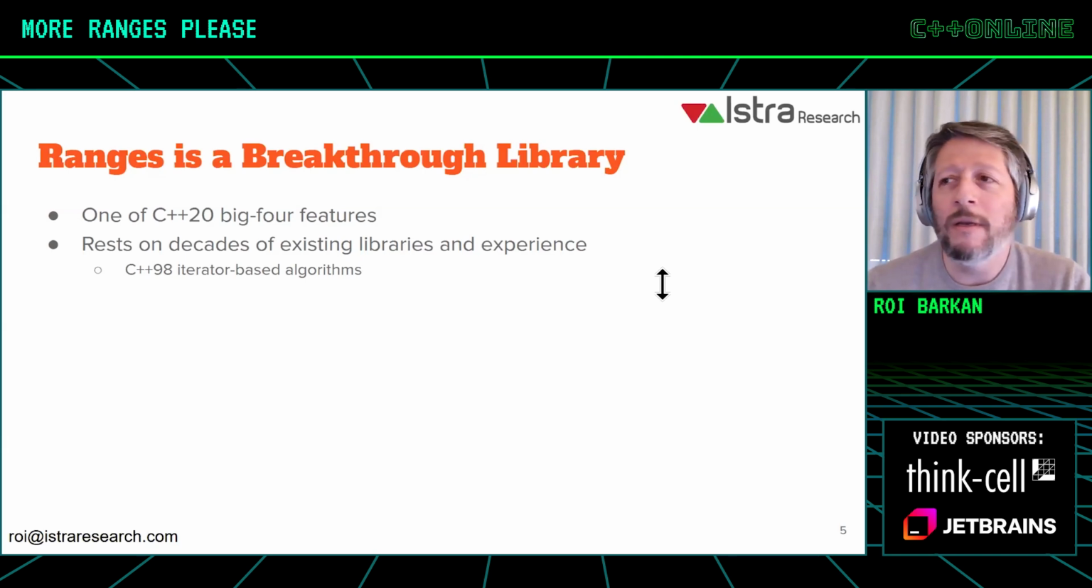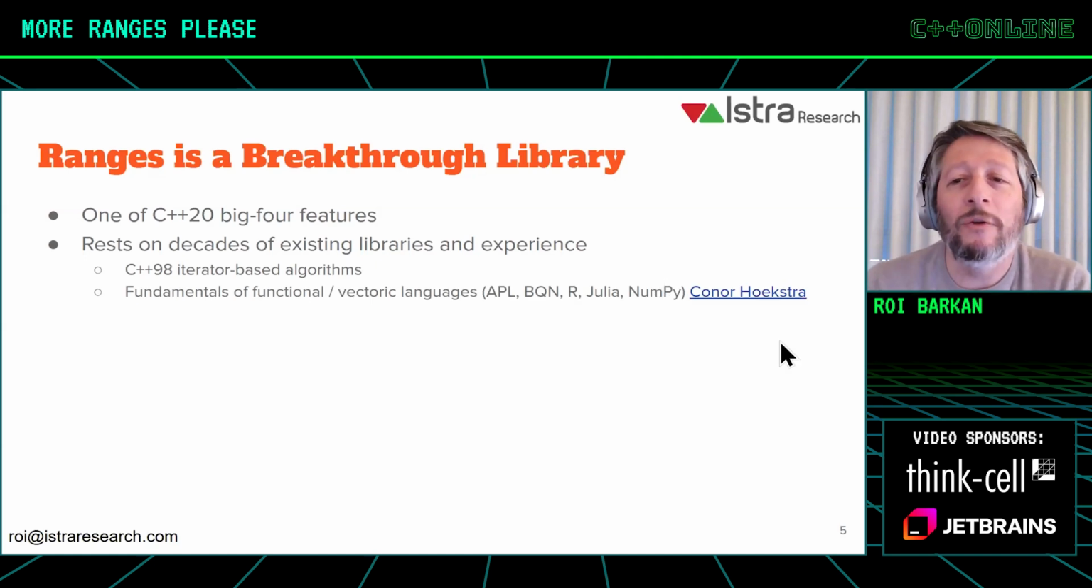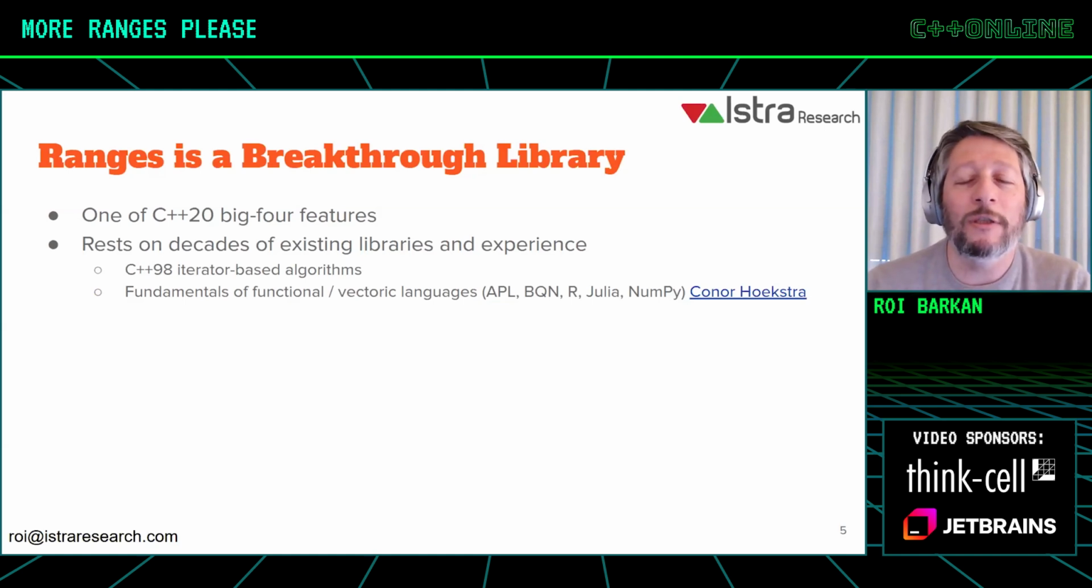And then throughout the years, even before 1998, there was a lot of work in the computer science sphere related to vector processing algorithms, working on sequences of numbers, sequences of elements. There's a lot of theoretical work that's rooted in both functional languages and vectoric languages, such as APL, BQN, R, Julia, etc. You can hear a lot from Conor Hoekstra talking about these types of foundations that the ranges library